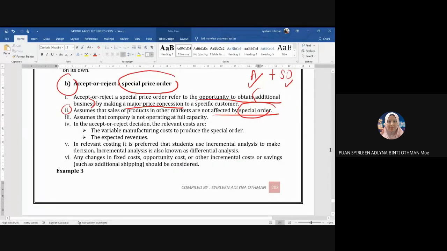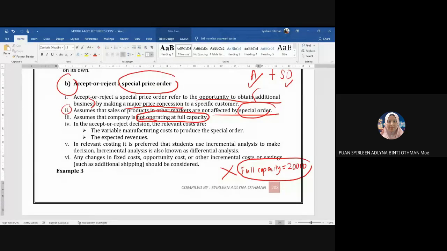Okay, so assume that the company is not operating at full capacity. Okay, ini adalah ciri yang paling penting sekali. Full capacity maksudnya keupayaan kamu untuk keluarkan produk pada satu-satu masa. Contoh, katakan awak ada machine and all, dalam 1 bulan, 30 hari, kalau full capacity, maksudnya kilang boleh keluarkan, let's say your maximum is 20,000 units. Okay, ini full capacity. So dalam soalan accept or reject ni, keadaan diberi, mestilah kilang tersebut belum lagi capai